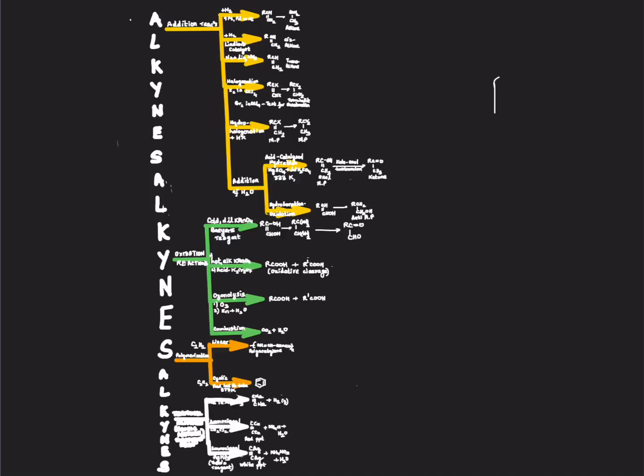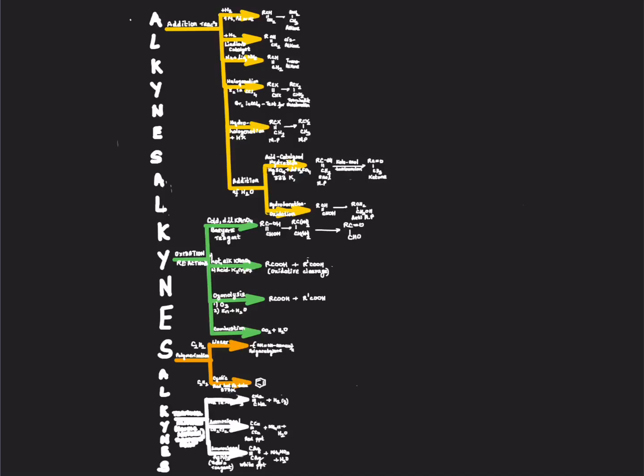The topic that we are going to take up in this lesson is alkynes, and specifically we are talking about the properties of alkynes. As you can see over here, a basic idea about the flow chart that you will need to draw. So please get a pen and paper handy, so that we have a nice flow chart ready for you at the end of this lesson. Don't worry, I'm going to expand this.